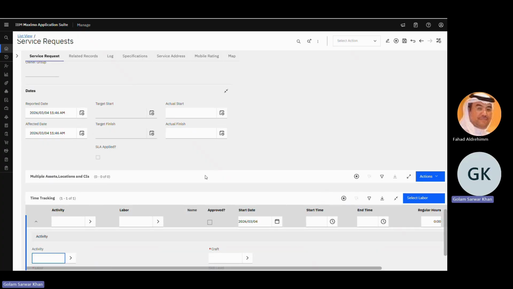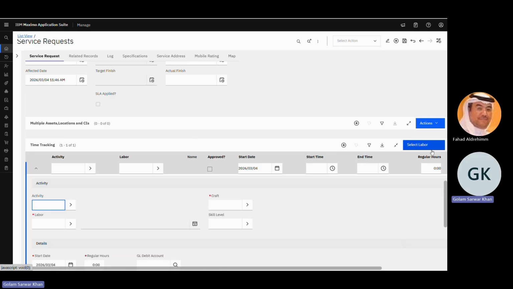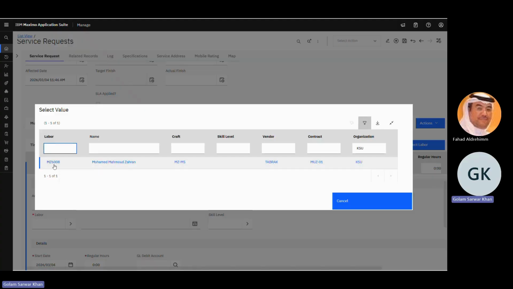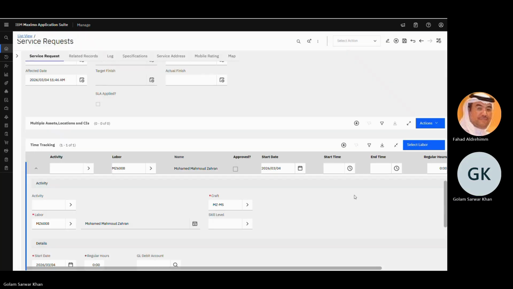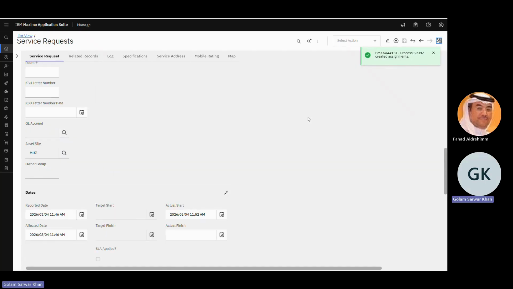He will select any labor from the list. So either click here or select labor. Both ways he can find the labor. Click here to labor and select from labor. He will find here a list of all labor for his group only, not all. Then he will select the labor and route the request to check the